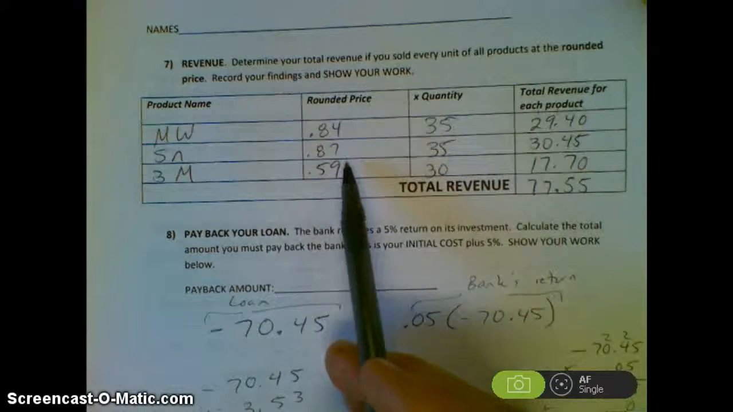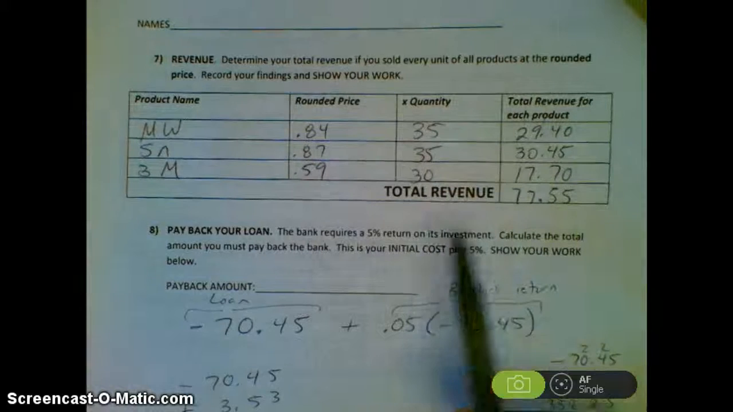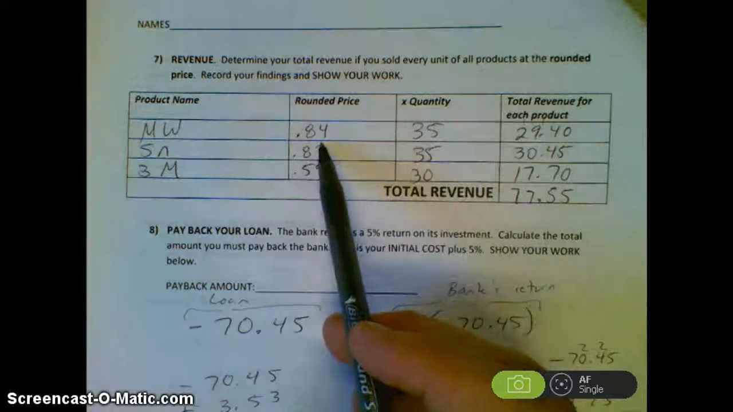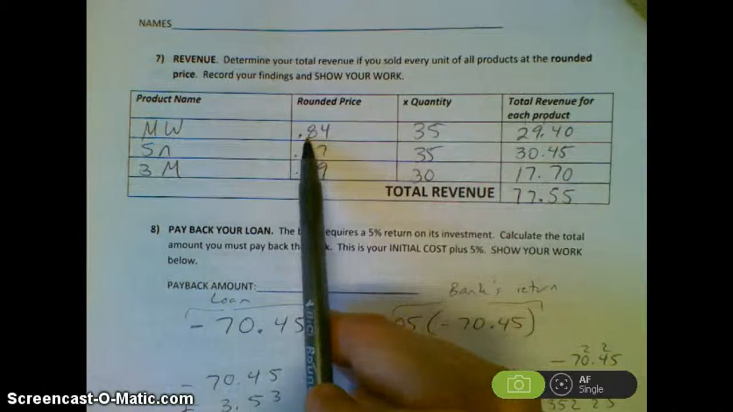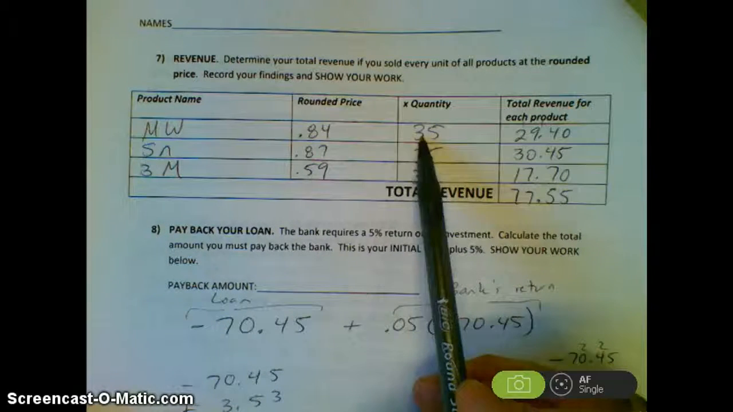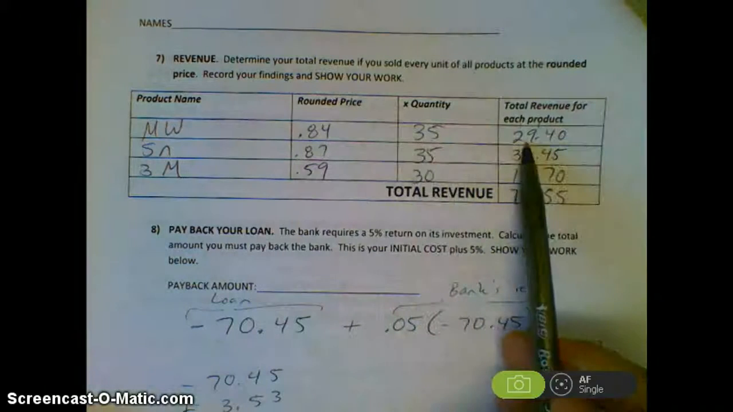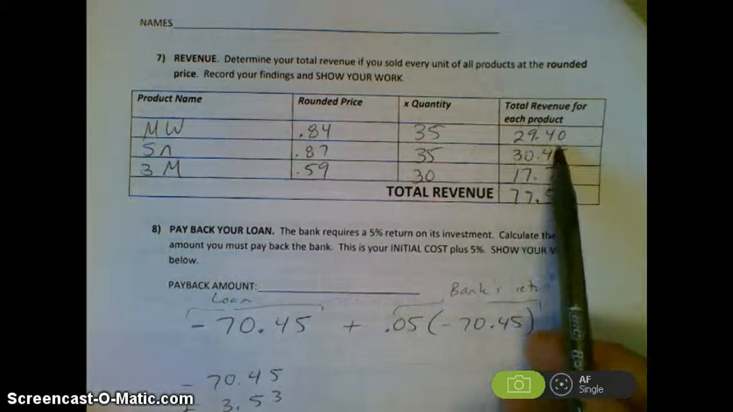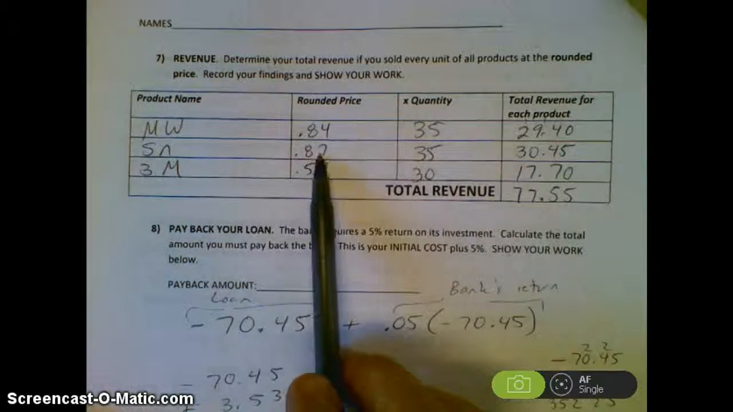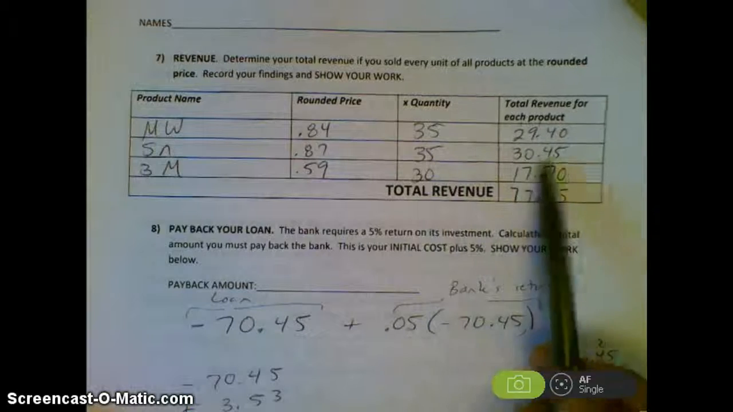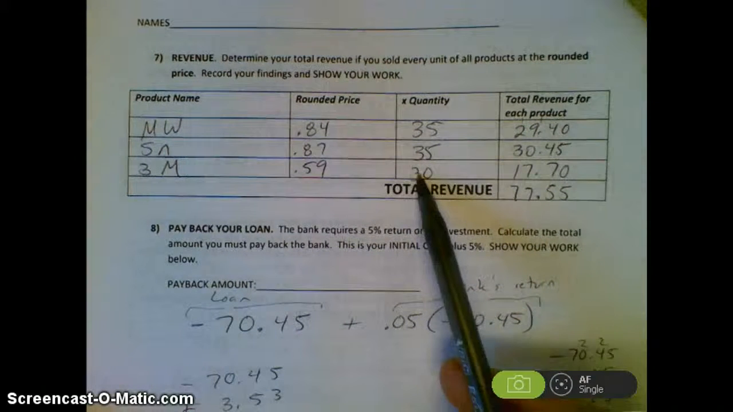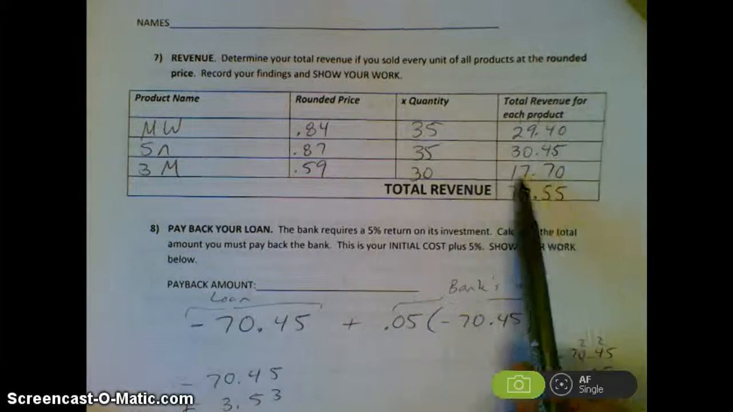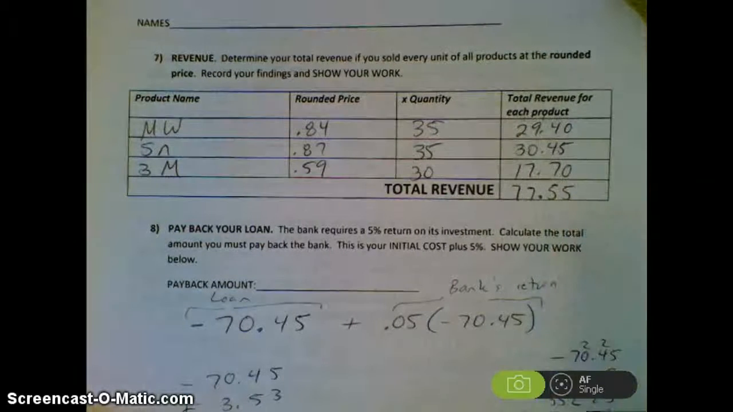So this part, the revenue is the money you bring in from selling whatever it is you're selling. We're going to assume that we sell every single one. So I'm taking the price, my rounded price that I'm selling these for, multiplying it by 35, the quantity that I'm selling, and I get $29.40. Same process here, 0.87 times 35 gives me 30.45. My 59-cent price times quantity of 30 gives me 17.70. When I add all those up, I get